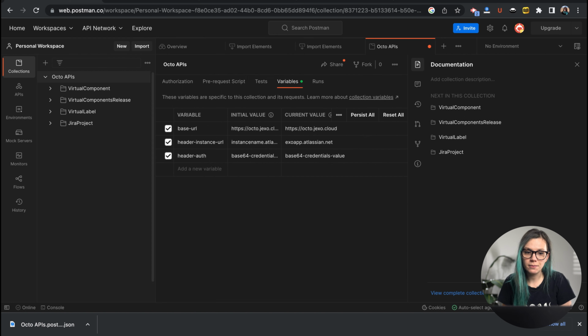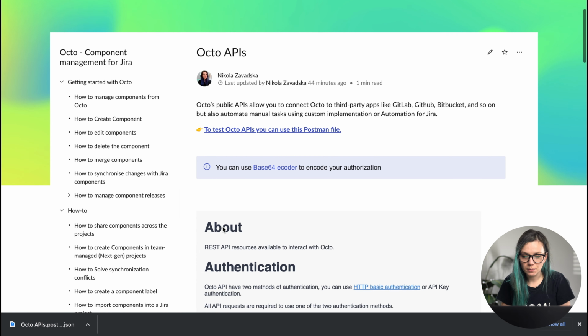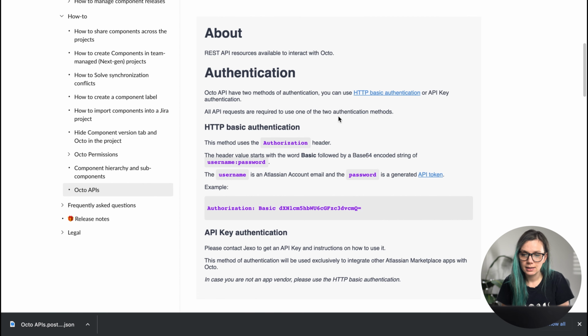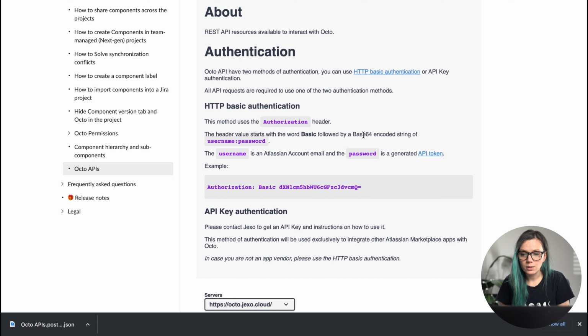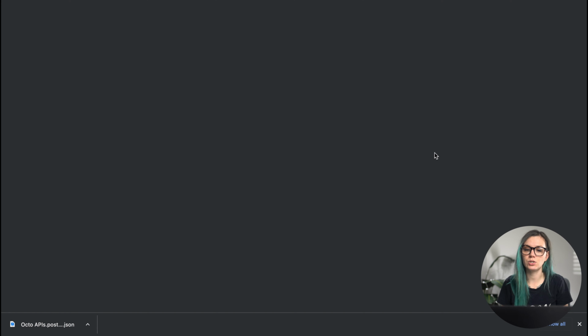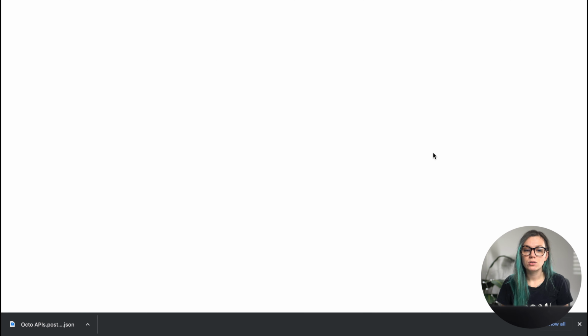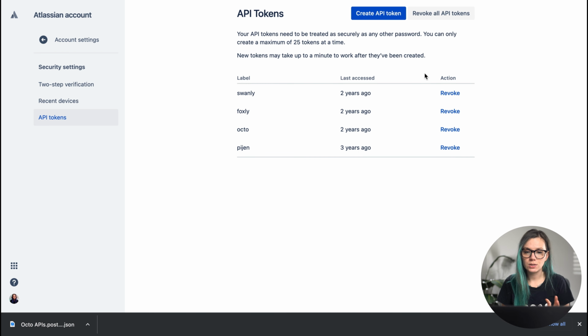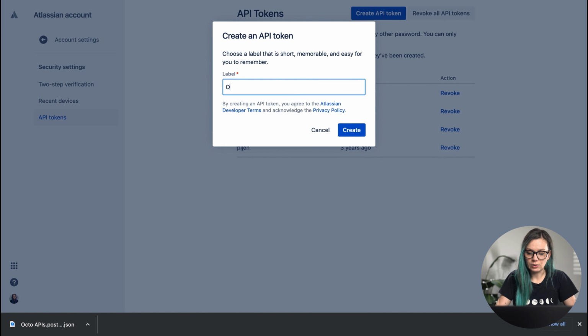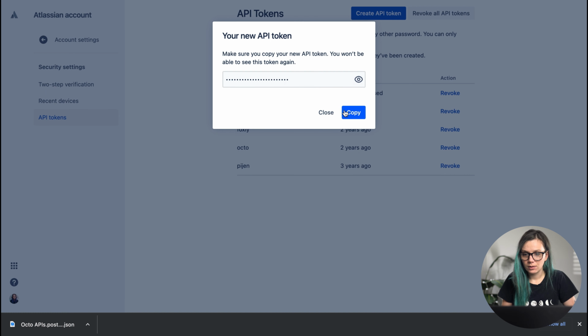For this one, when you have a look at our documentation, it says that it needs to be encoded in base 64, and it needs to be username:password. And password is the API token that you generate in your Jira. So you just click on this link, and it opens this screen where you can generate API tokens, and you create a new API token. You copy it,